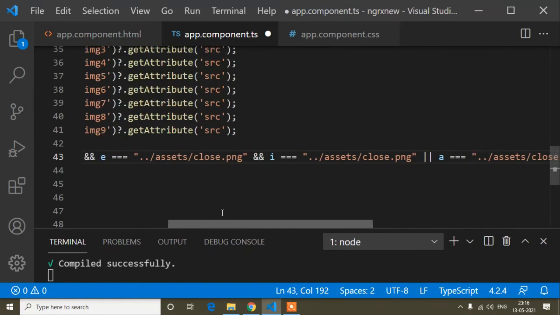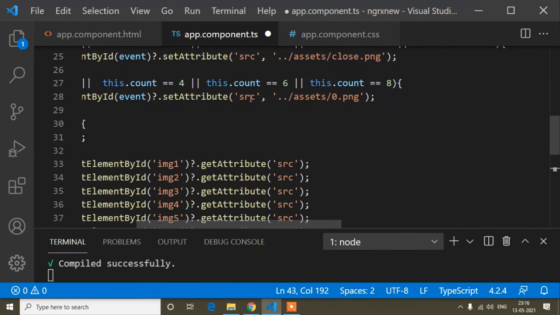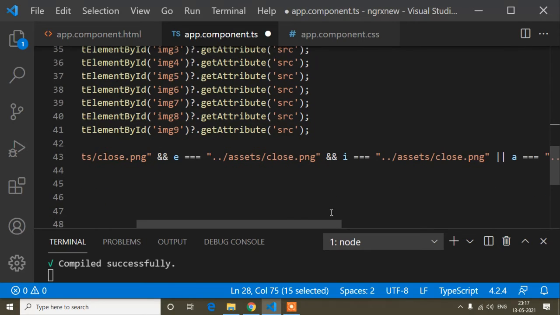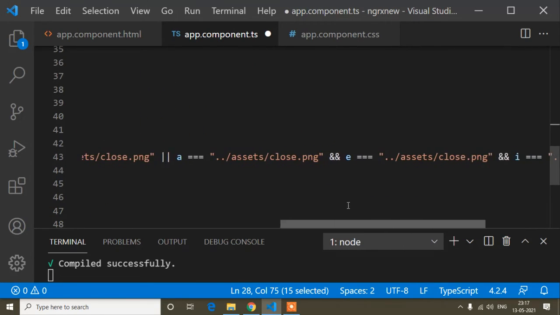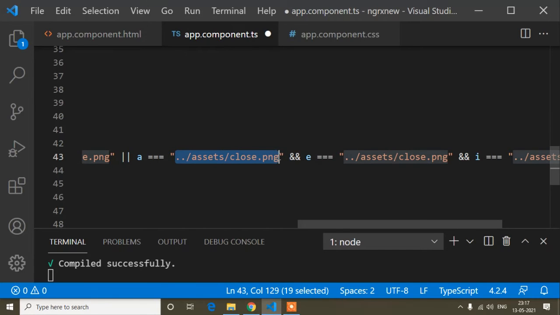So I will copy from this image path. So same like A E I, these IDs here, from here it matched by 0 or not, so I will paste here.